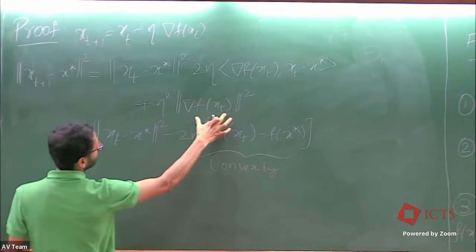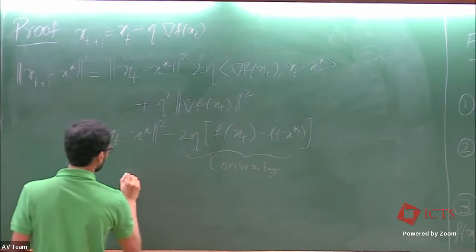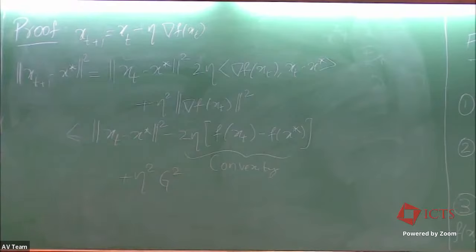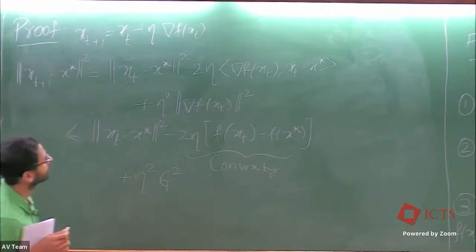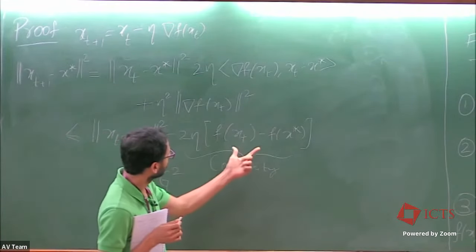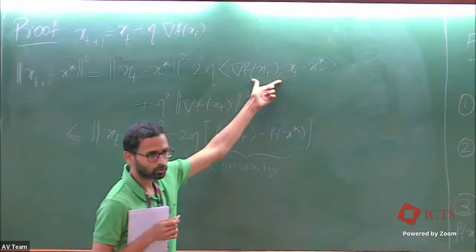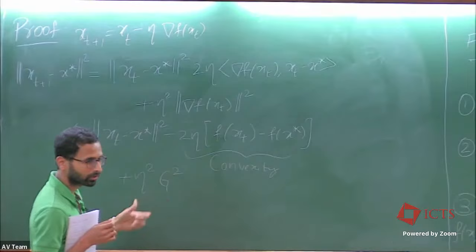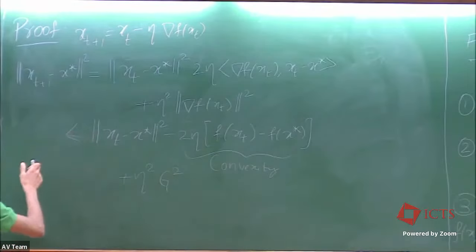And then because the gradients are bounded by the Lipschitz assumption. So I have used convexity here in order to upper bound this quantity, and then the Lipschitz assumption here to upper bound this quantity. And if we rearrange, what we will get is